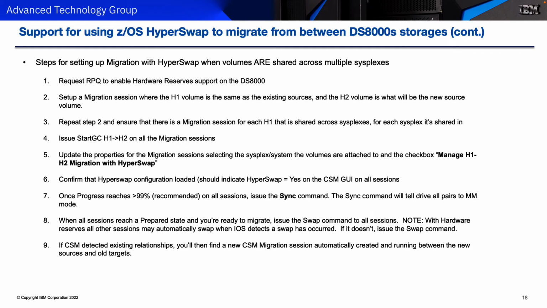You'll set that up and have them enable it, and you'll be ready to go there. Next, you'll create a migration session for each of the sysplexes where you have shared volumes across, so that you're sure there's a session in CSM that will load a HyperSwap configuration for all of those shared volumes. You want to make sure everything's configured. We can't tell that in CSM, so it's kind of up to you to make sure that's all set up